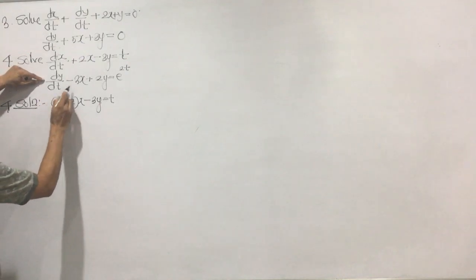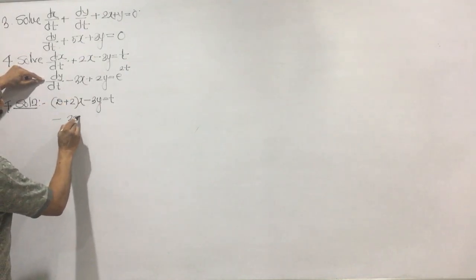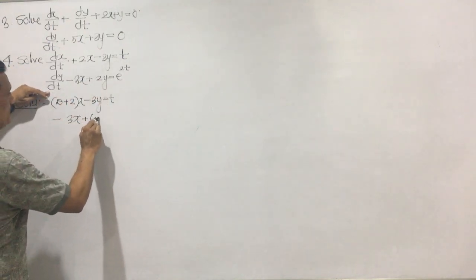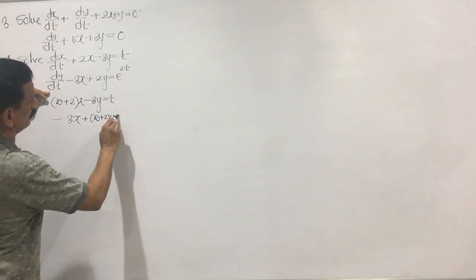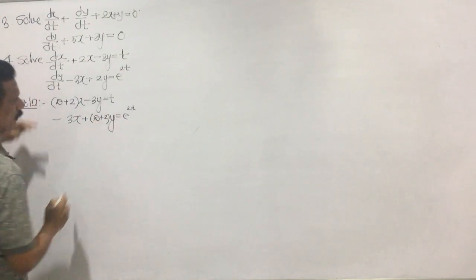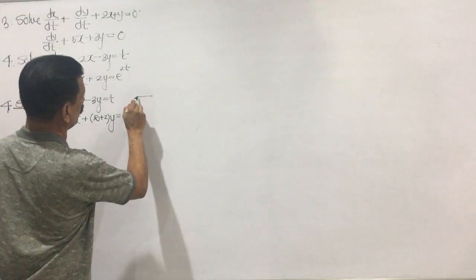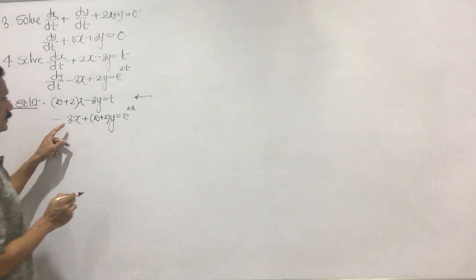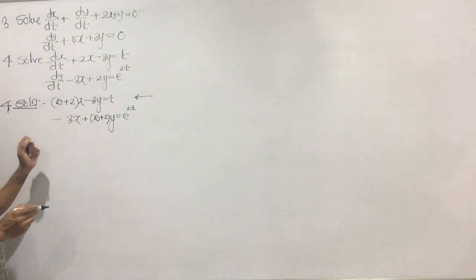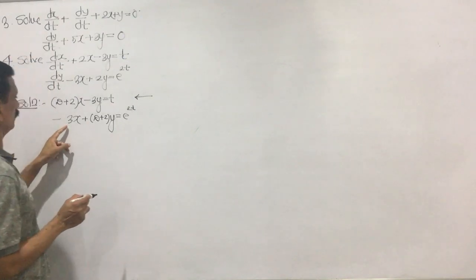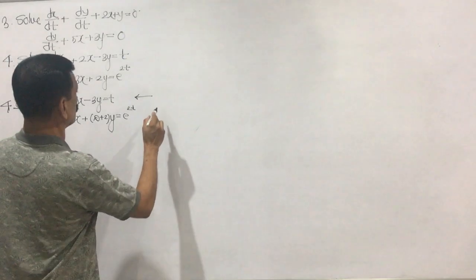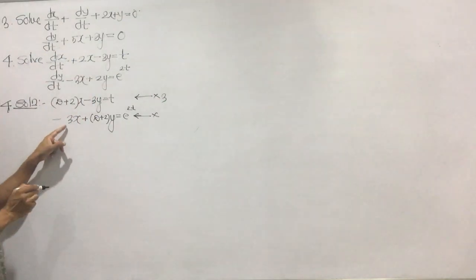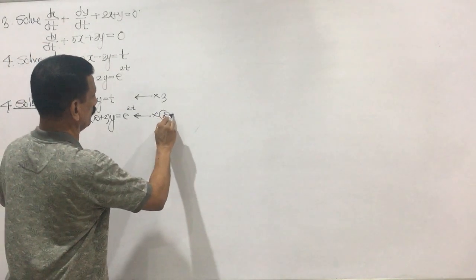So, next I write here, see here, minus 3x plus dy by dt and 2y, means I write this as d plus 2 into y, and it is e raised to t. Okay. So, this first equation, my dear friends, we shall eliminate x here also because it is more convenient, or you may eliminate y also, no problem. So, I eliminate x here. For that I multiply this by 3, and this equation, see here, I multiply by d plus 2.